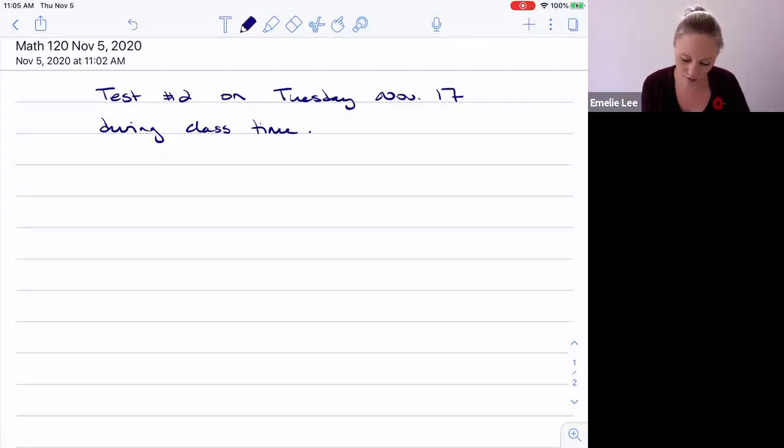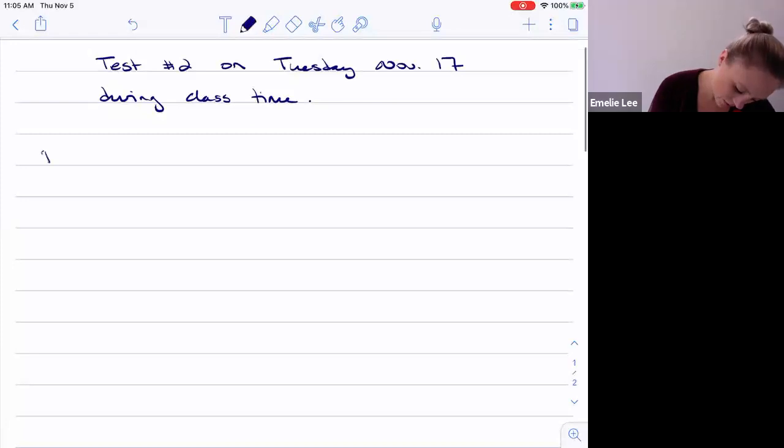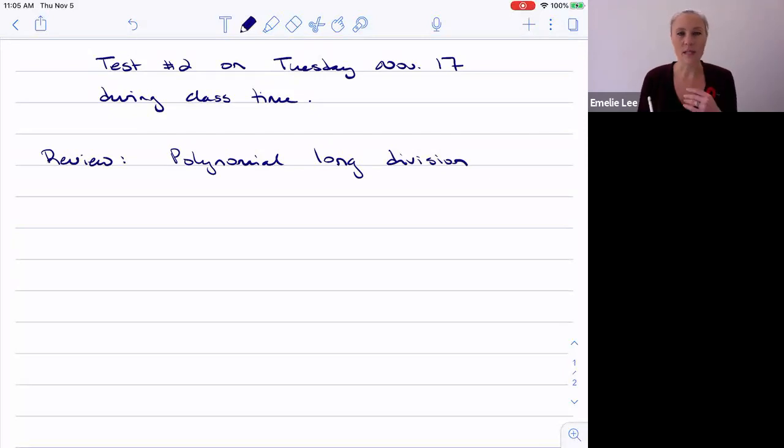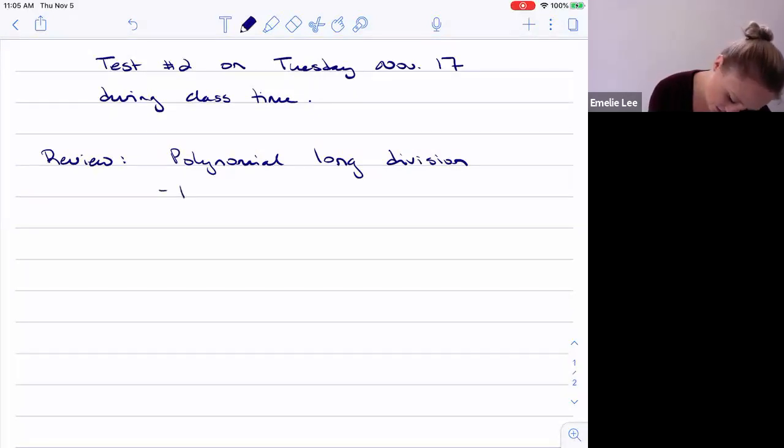Okay, so for review, we talked about polynomial long division. We established how we do this long division, and then we also talked about the factor and the remainder theorem, or more importantly, the remainder theorem. The remainder theorem says